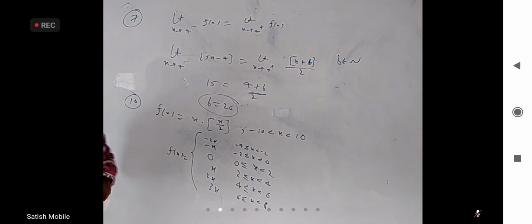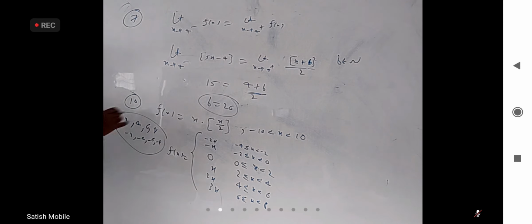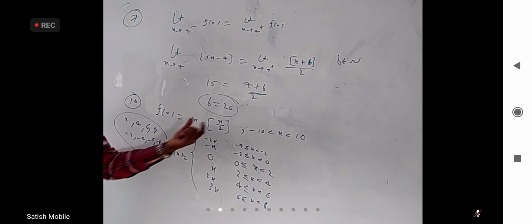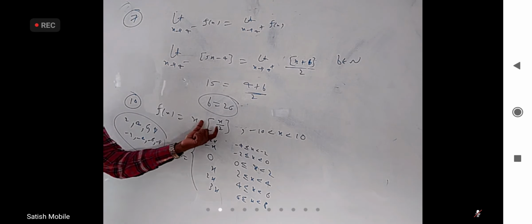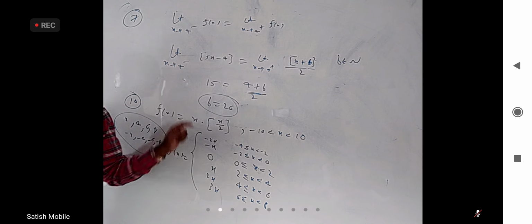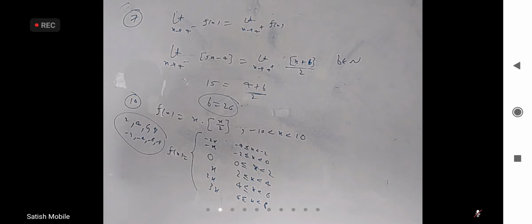It is an open interval. So it is discontinuous at 2 also, 4 also, 6 also, 8 also, minus 2, minus 4, minus 6, minus 8. Except 0, at all others. Whenever you take the integer part of x, it is mostly discontinuous whenever this becomes an integer, whenever x by 2 becomes an integer, when x is 2 times an integer, which is all these numbers. In between, 0 is there, but at 0 it is continuous when we analyze carefully because of this x. If this is not there, it would have been discontinuous even at 0. So at 8 points it is discontinuous.